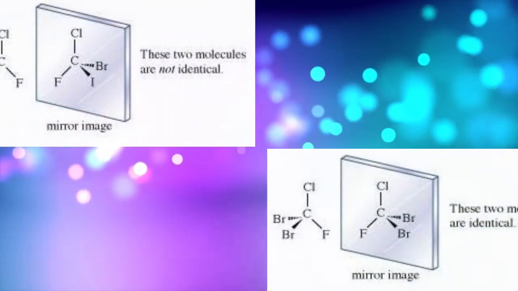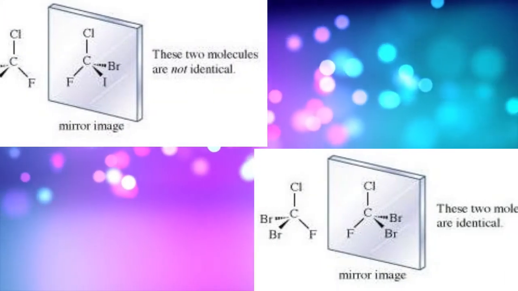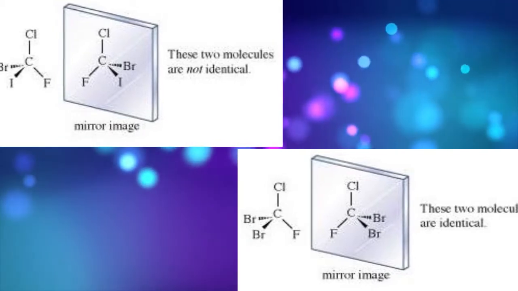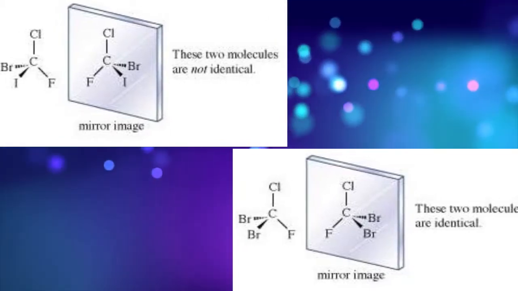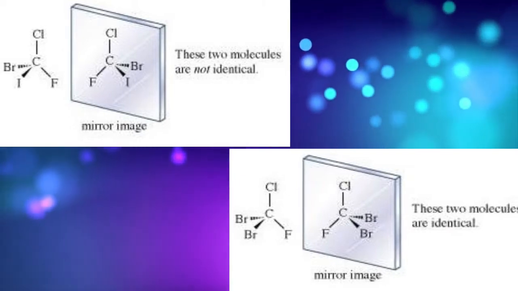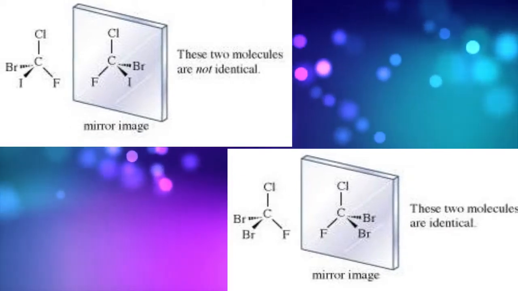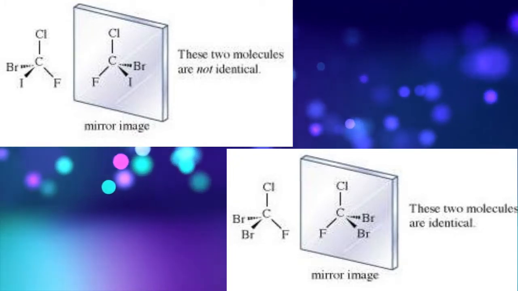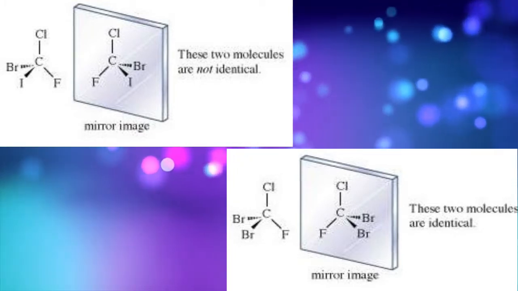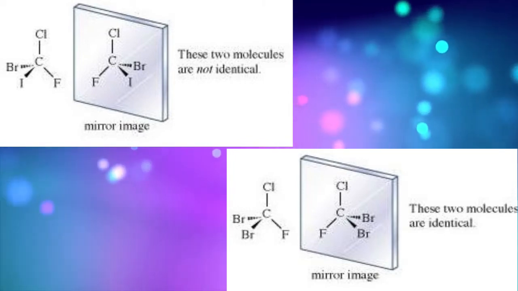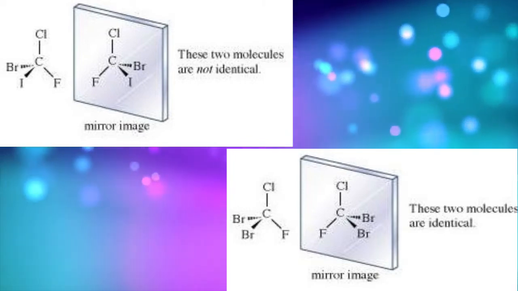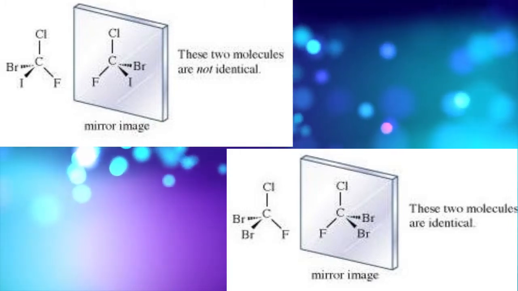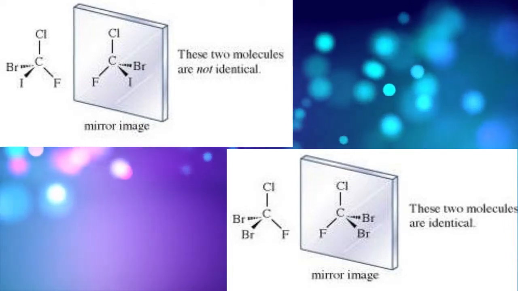Now some more molecules have come up, right? Here you can see one is chiral, another is achiral, right? Now can you tell me which one is chiral, which one is achiral? Yes or no? Tell me. Here we can see the top molecules, it is written that these 2 molecules are not identical. Which 2 molecules? The molecule and its mirror image. Now if you check it out, you will see the carbon contains 1 Cl, 1 Br, 1 I and 1 F. So 4 different groups, definitely that molecule is chiral, and so the images are not identical.